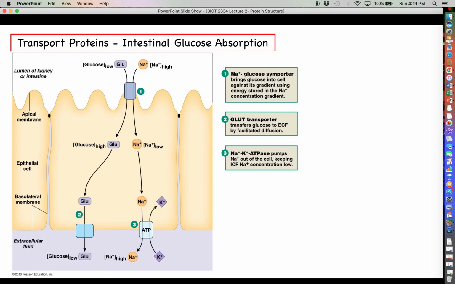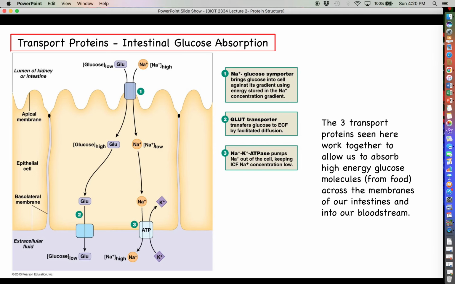Okay, let's talk about an example of transport proteins. Now, this is probably what you might think is kind of a complicated and involved example, but I promise we're not going to look at it too terribly deeply. So this is what happens when you eat food. So you eat food, let's just say you're eating a bagel. You eat a bagel, you chew, the bagel goes down to your stomach where you continue to break down that